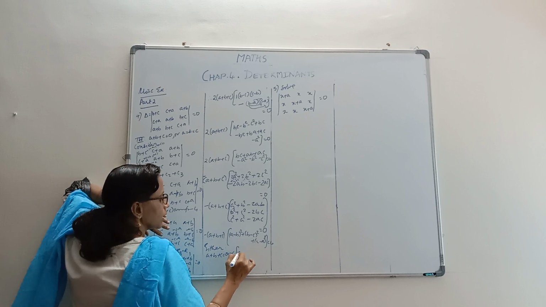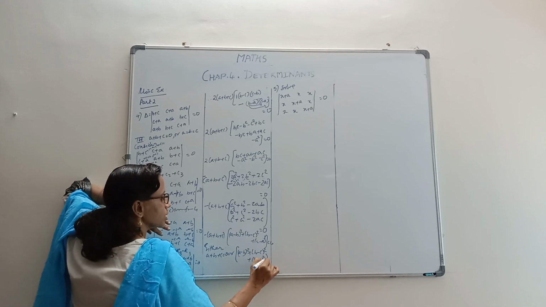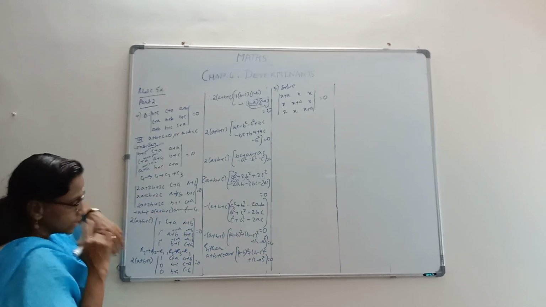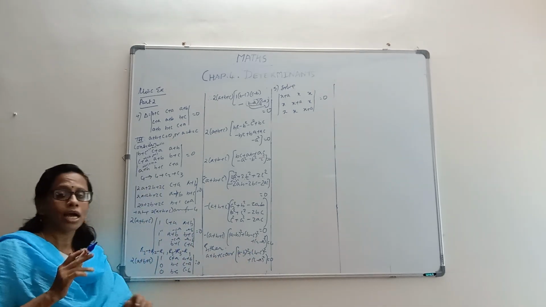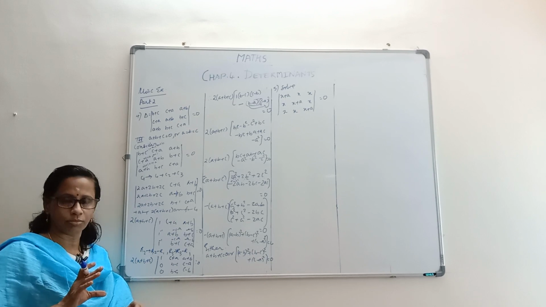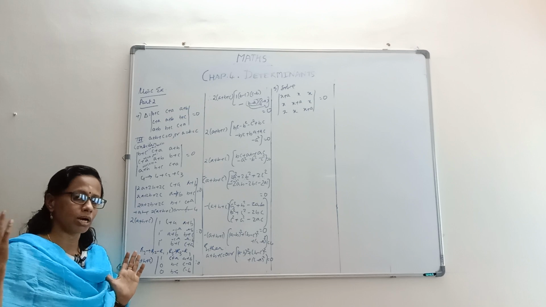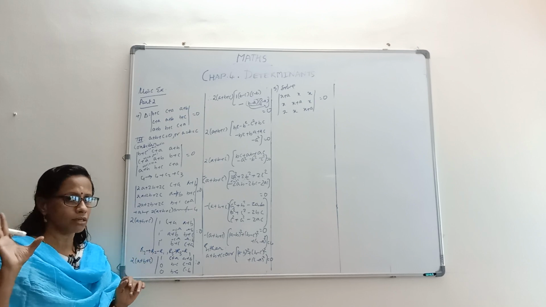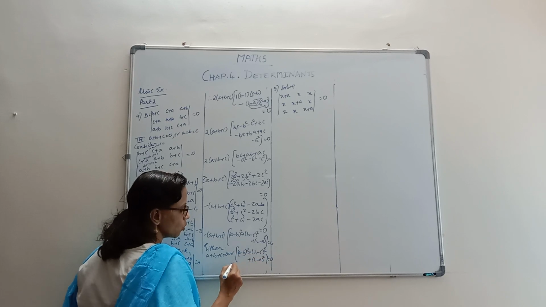Now a minus b the whole squared plus b minus c the whole squared plus c minus a the whole squared is 0. Now what is the speciality about this term is squares, sum of squares is 0, and sum of squares will never be 0 unless individual terms are 0, because squares are all positive numbers, so they cannot be 0 unless each of them is 0. That's the quality. So therefore this will become 0 only if